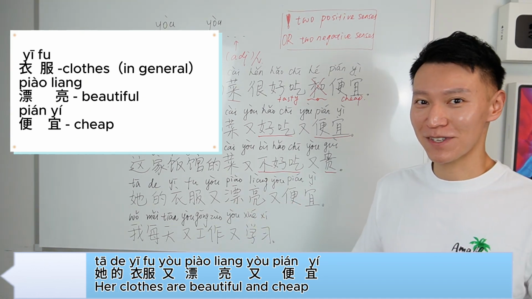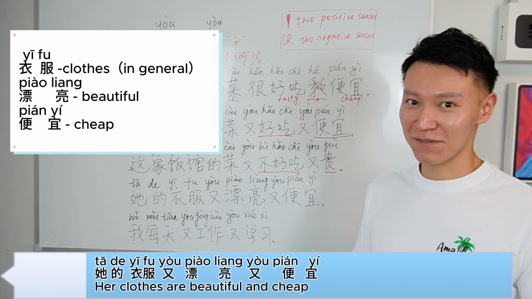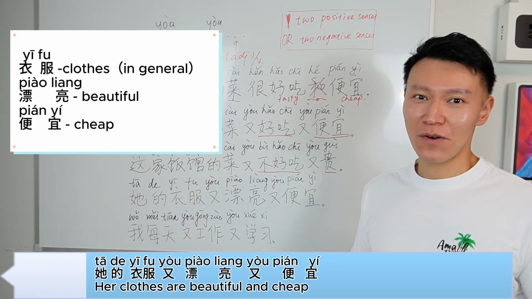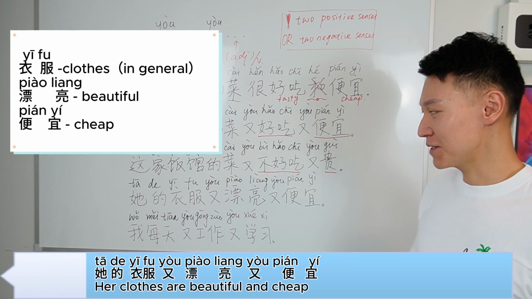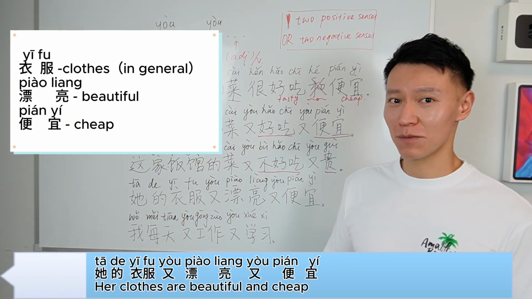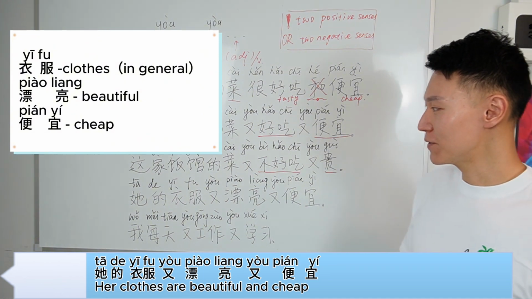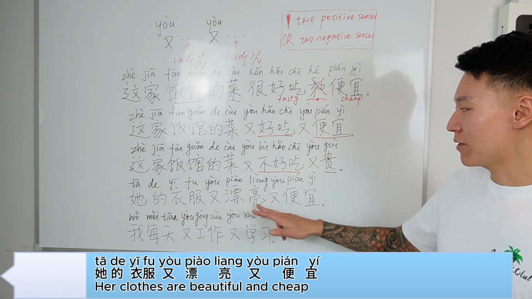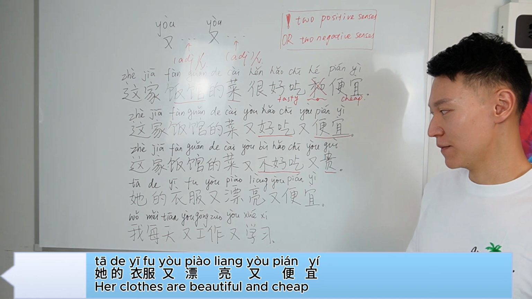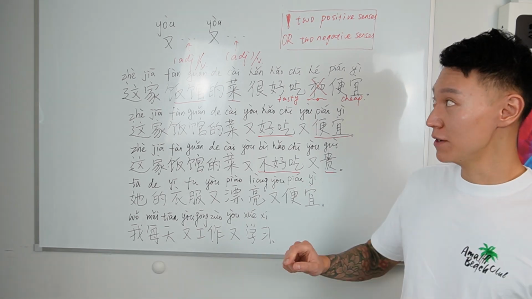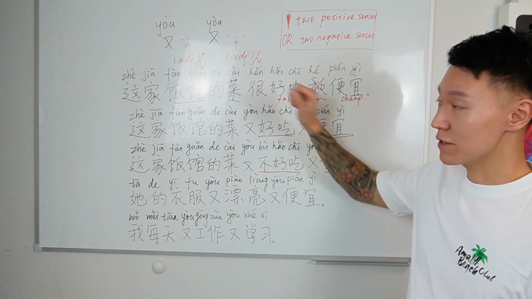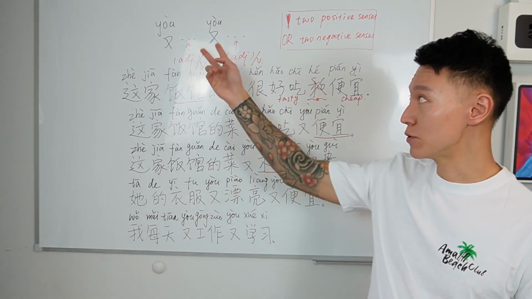Of course, this cheap doesn't have any negative sense in that. It's just like we all want to save money, right? So if something is cheap and beautiful at the same time, then it's good. Alright? So 她的衣服又漂亮又便宜。